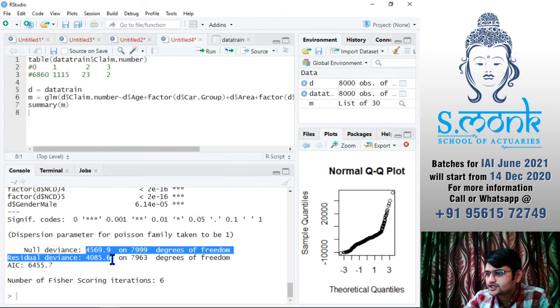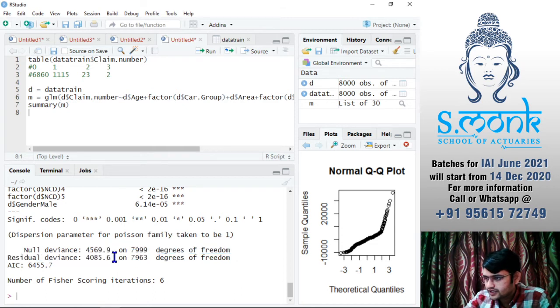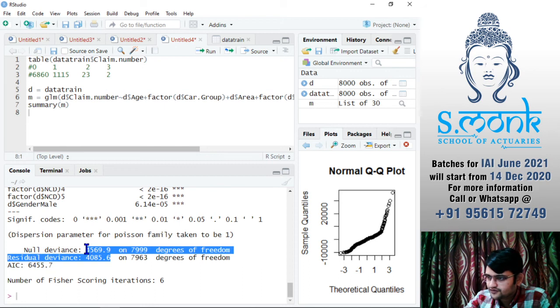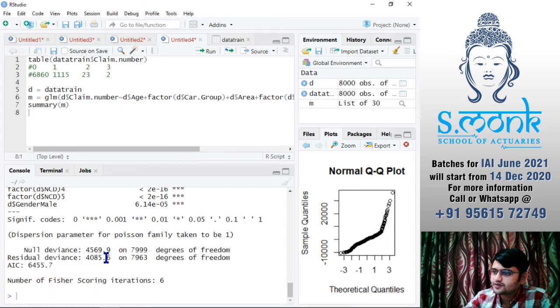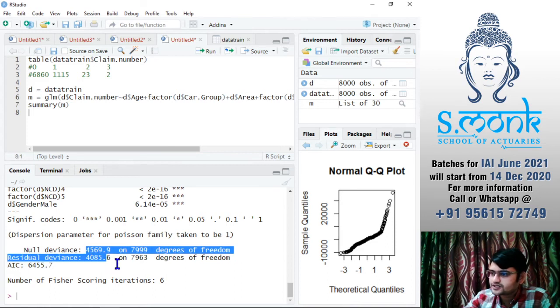Here, because you are checking it against the single constant model, you will get a change in this deviance and a change in degrees of freedom. Clearly you will find that your model is better than the constant model, because this difference is definitely more than twice of this difference. This difference is about 480 to be precise, and this is about 36, so definitely more than twice.